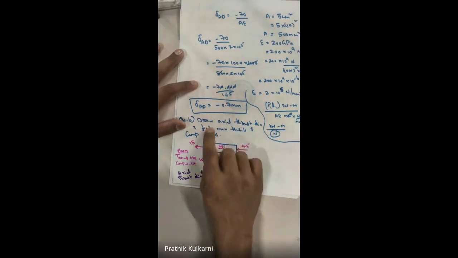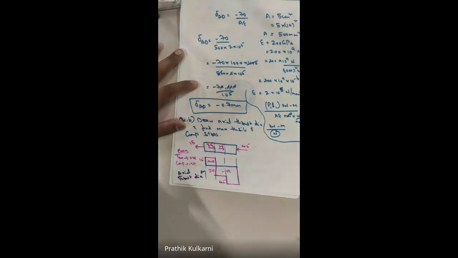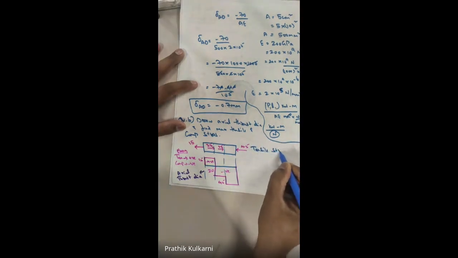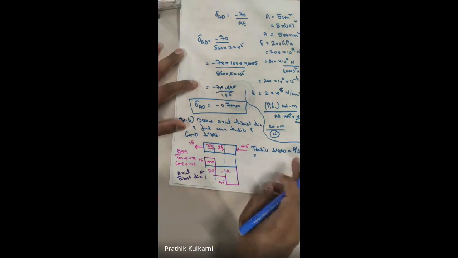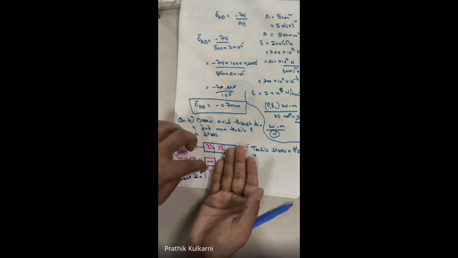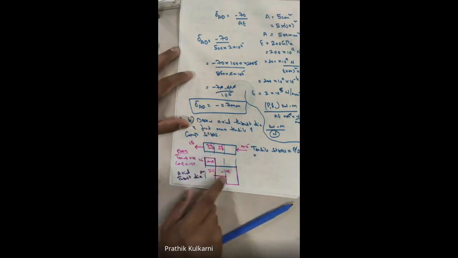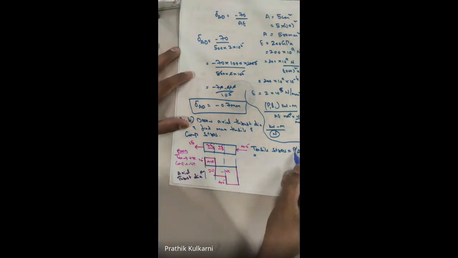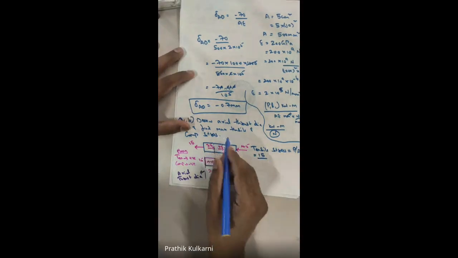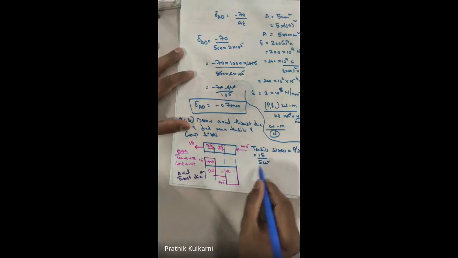But fine, after axial thrust, what is he asking? He is asking maximum tensile and compressive stress. See, what is he asking? He is asking maximum tensile and compressive stress. So first, we'll find out tensile stress. Tensile stress is nothing but load upon its area. You already know this, stress is load upon its area. So in this, where is the tensile portion, child? This upper portion is tensile, this portion is compression, because negative means compression, tension means positive. So this portion is my tensile. What is the load I have? The load is 15. The area was already given in your previous problem, which was 5 centimeter square.